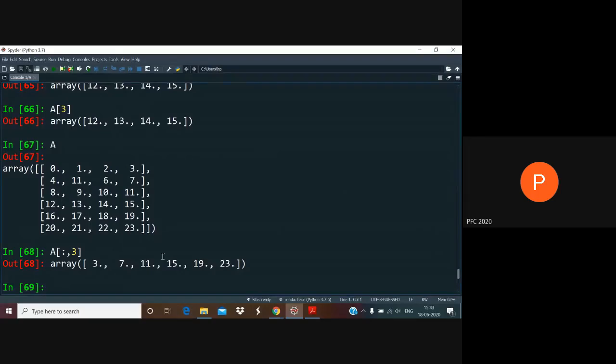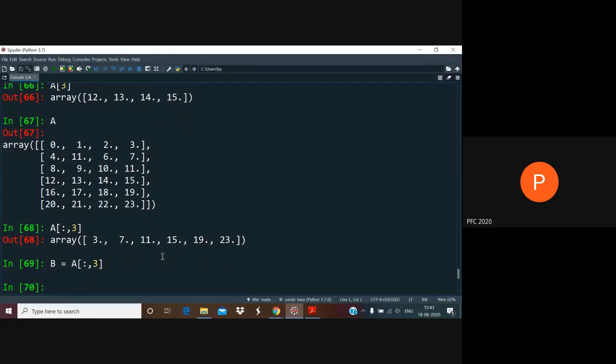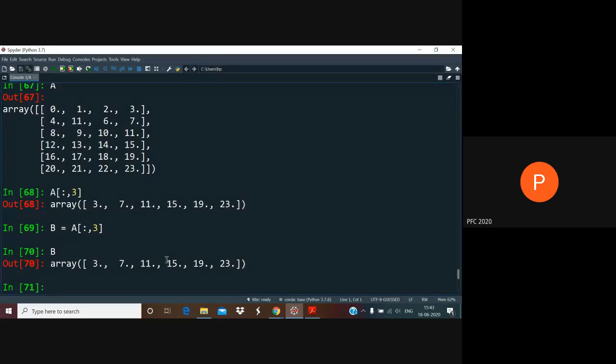Now, one word of warning, which is this. This is going to be pretty useful. Remember, with this, let's say B. So B now, of course, is this array. So let's say I change B. How do I change B?